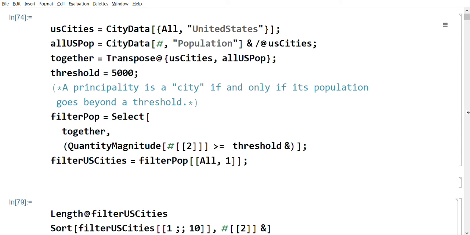So notice that there are bars on the side here of cells. This is a cell. This is an empty cell. This is a cell we're going to talk about next. Select together, quantum magnitude, all this stuff. What it's doing is